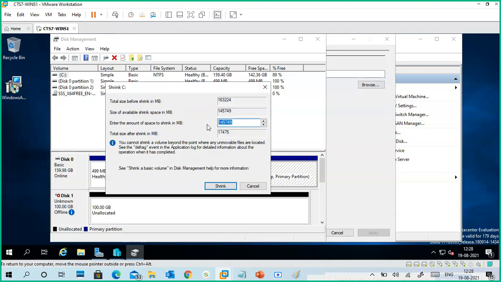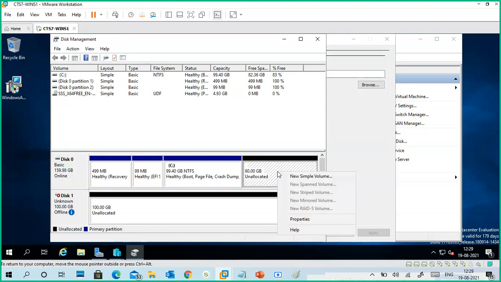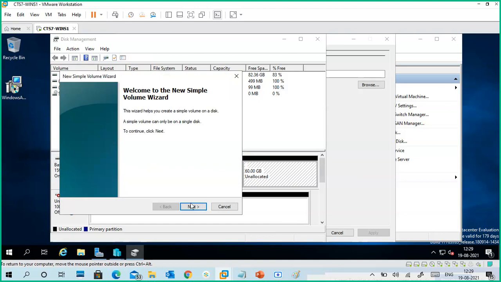Okay, so I want 60 GB, right? 61440 is 60 GB. I just want 60 GB of space here. So 60 GB, new simple volume.